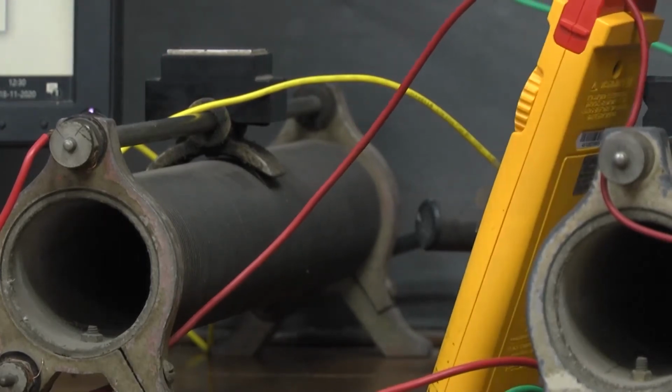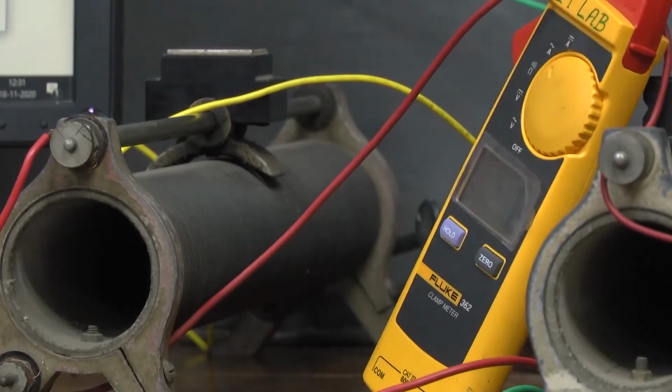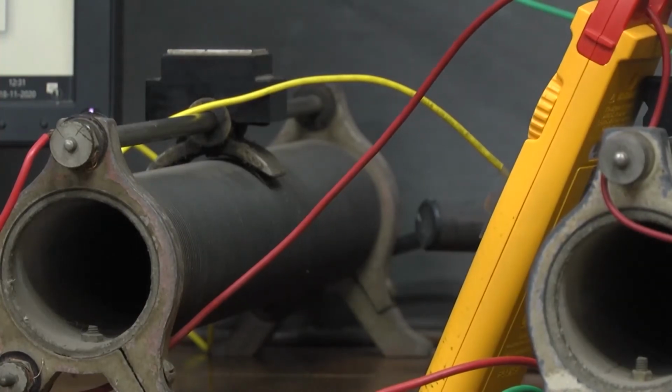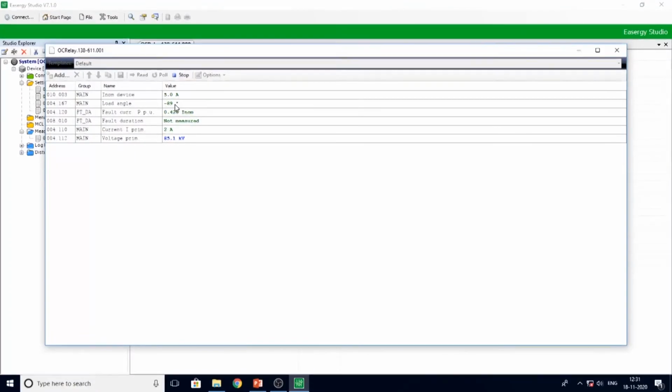Now, however, because the direction here is minus 89 degree, the directional relay does not permit, and the relay is not going for a trip decision. To comply so that both the directional relay and the overcurrent element satisfy the trip mode, we will change the angle through the phase shifting transformer, slowly vary it, and see that whenever it is within the range, the relay is expected to trip.